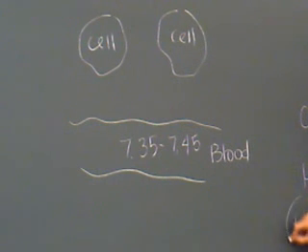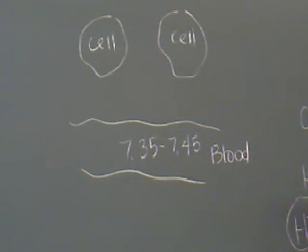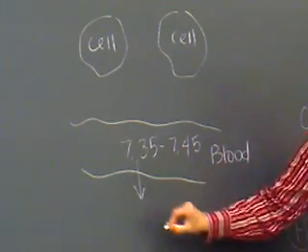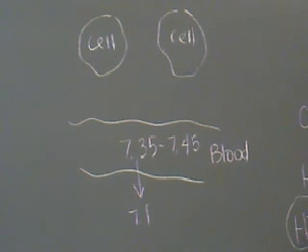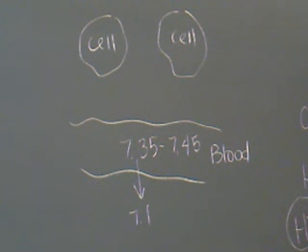So if you have excess hydrogen ions in the bloodstream, what does that do to your blood pH? Drops it, sends you below 7.35. Let's say that you're currently sitting at a blood pH of 7.1. You've got too much hydrogen ion in the bloodstream right now. We've talked about how your kidneys can secrete more hydrogens to get rid of it more quickly. We've talked about how your respiratory system can speed up breathing rates so you